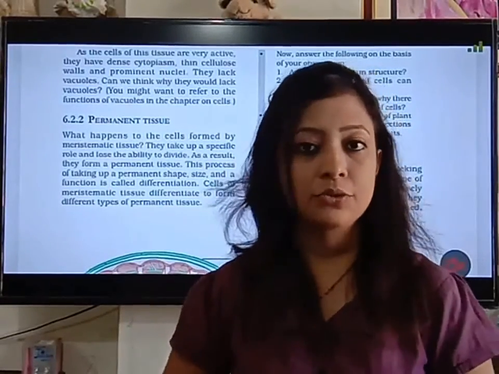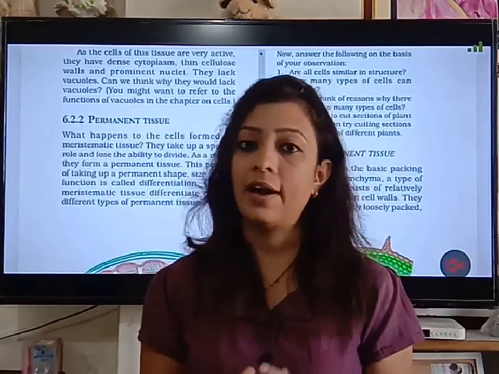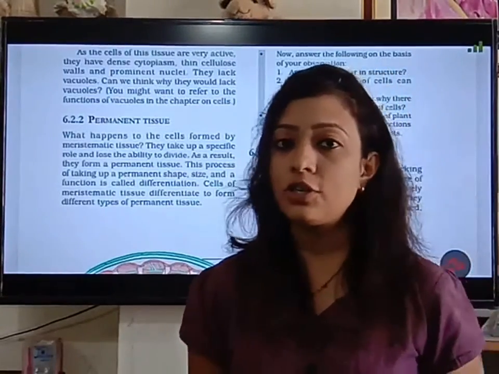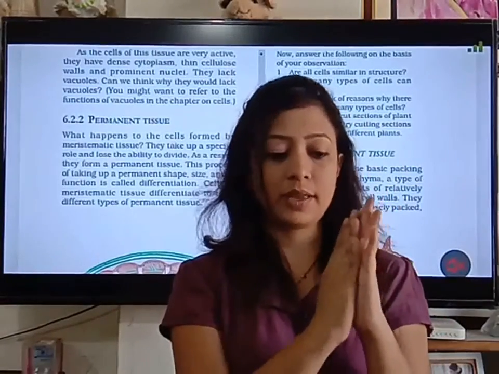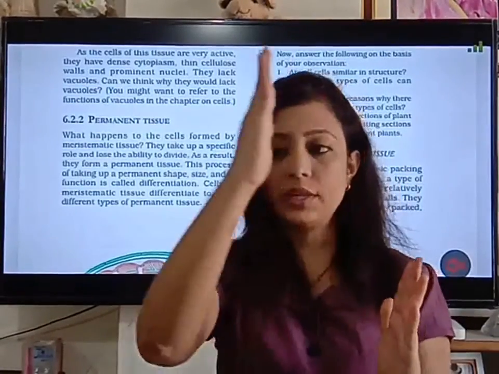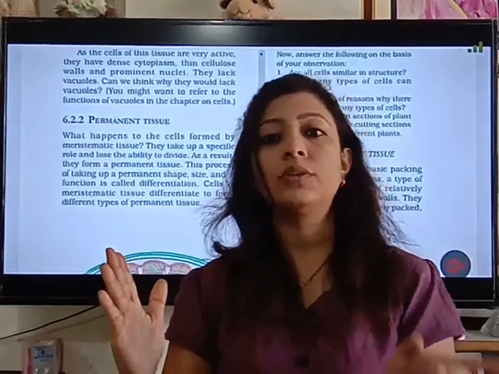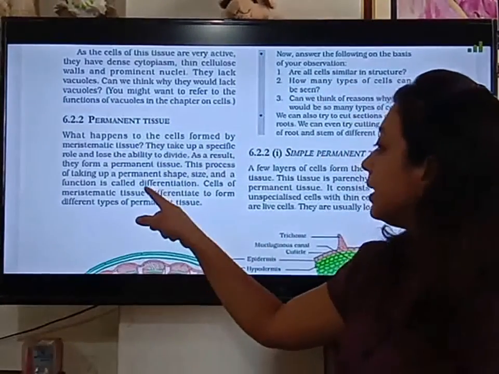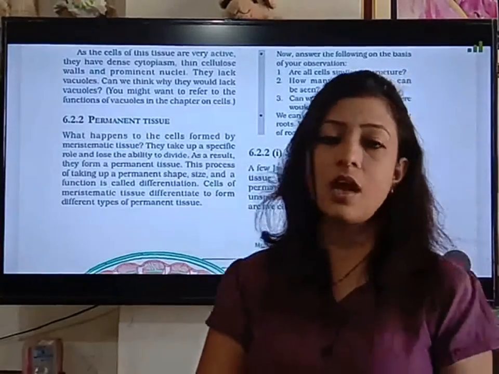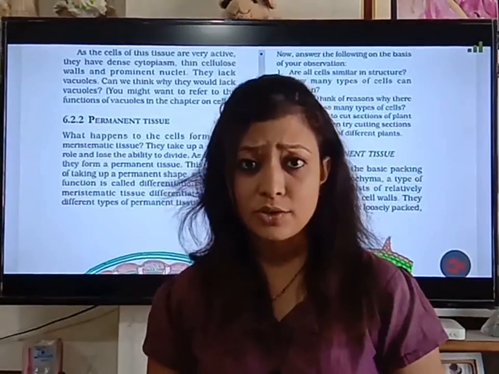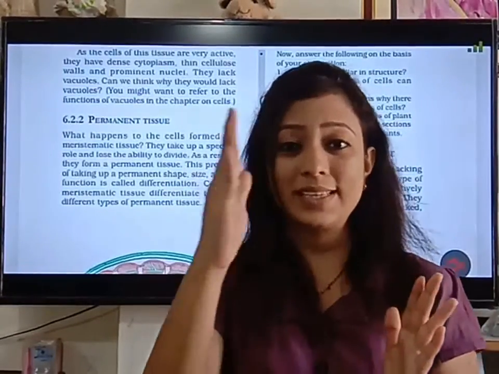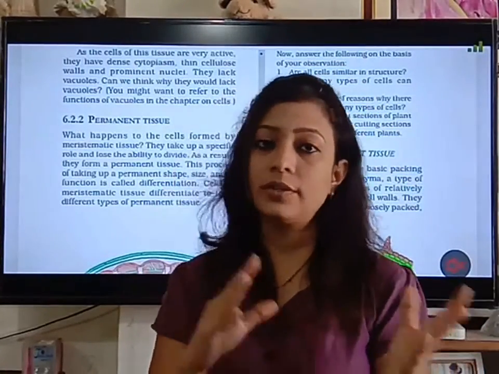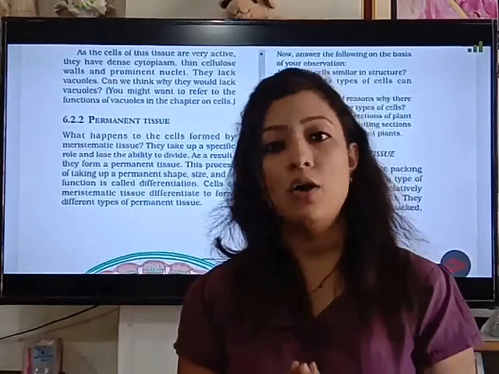And these permanent tissues are nothing but the non-dividing tissues of the plant body. So this process, children, conversion of meristematic tissues, immature cells, into the mature cell, that is into the permanent tissue, is called differentiation. Now in this process of differentiation, the meristematic tissues gain a specific shape and specific structure, and now they are going to perform a specific function.